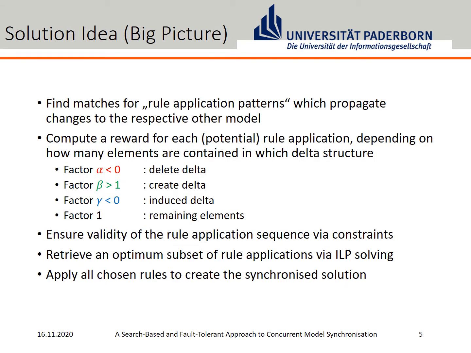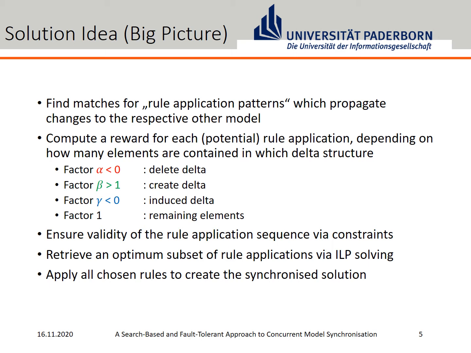The solution idea is basically to form an optimization problem out of the graph problem, taking all practically relevant solutions into account. I will briefly explain later what practically relevant means here. Matches for rule applications are collected on the triple, taking into account elements to be deleted as well. Rule applications are rated depending on the elements that are contained in the match. If, for example, an element that should be deleted is contained in the match, this is punished with a negative influence on the objective function, expressed by a negative factor alpha.